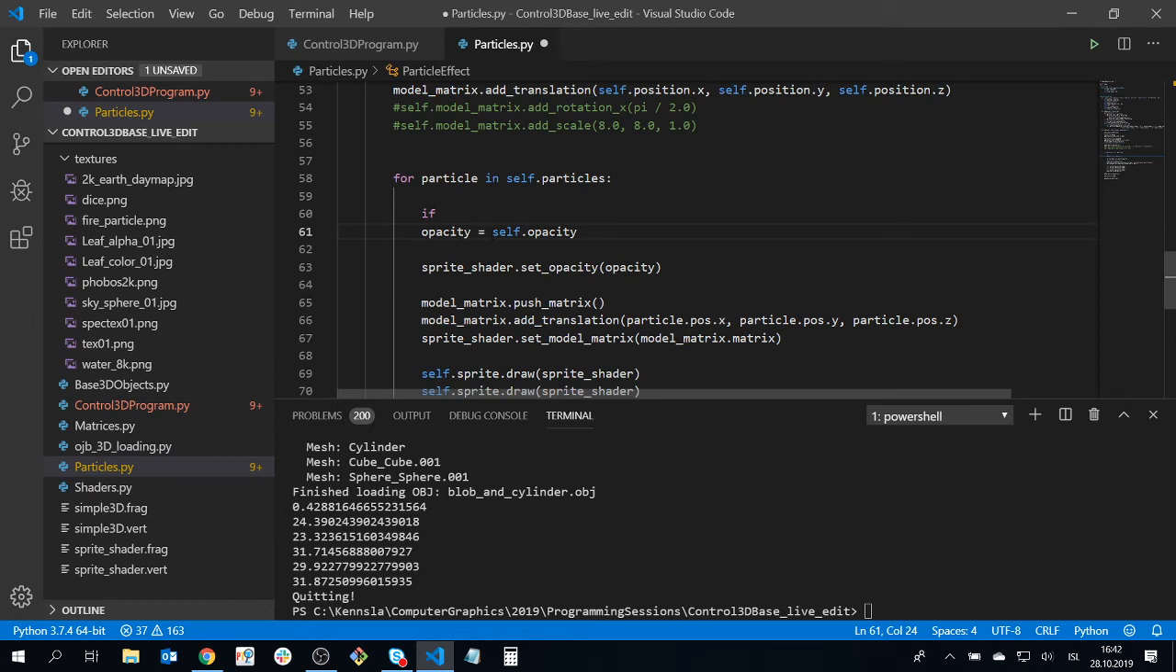So I should be inside this loop, because I need to set opacity now not for the particle effect in its entirety, but for each particle. All right, so how can I set up an if statement that asks me, am I inside my fade in? What do I have access to in the particle? If particle dot